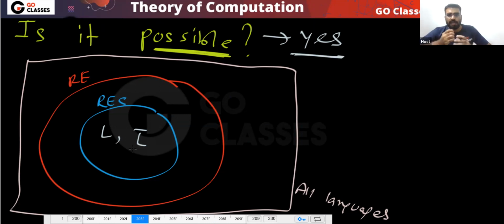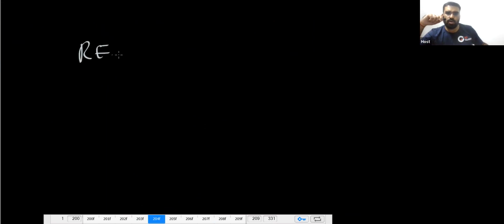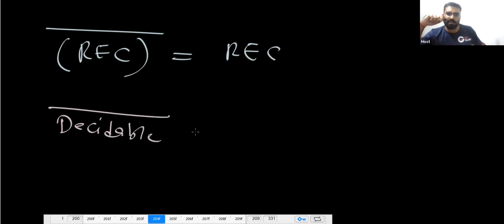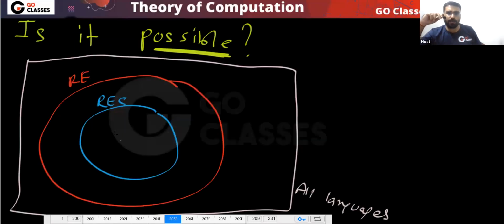Of course, yes or no? Because you know that recursive complement is recursive. You already know that. It means decidable complement is decidable. If your language is decidable, its complement also will be decidable. Correct? Okay. Now tell me, is it possible that L can be here